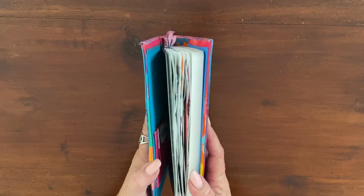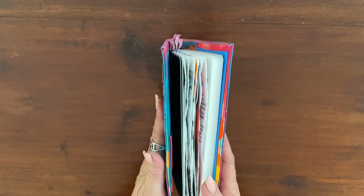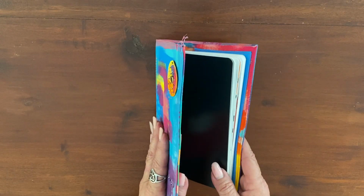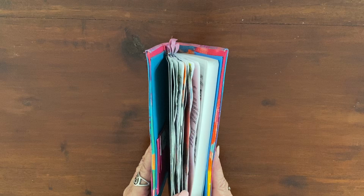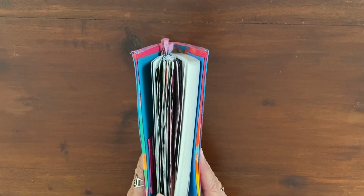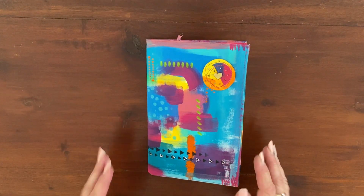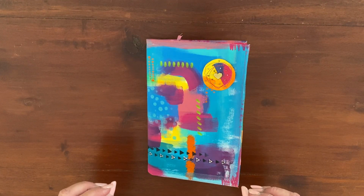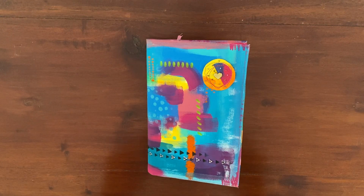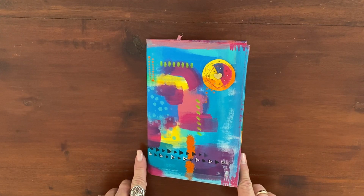Now, have a look, it's already getting chunky because I've been gluing and sticking and doing all sorts of fun things. It's probably not exactly how I will use it moving forward, but the aim of the game for the month was just to see what this paper would tolerate and what it wouldn't. I use a Hobonichi Weeks as my planner, and honestly that Tomoe River paper will take just about anything you throw at it. Can't honestly say the same for this, but I'll show you what I've been doing and how